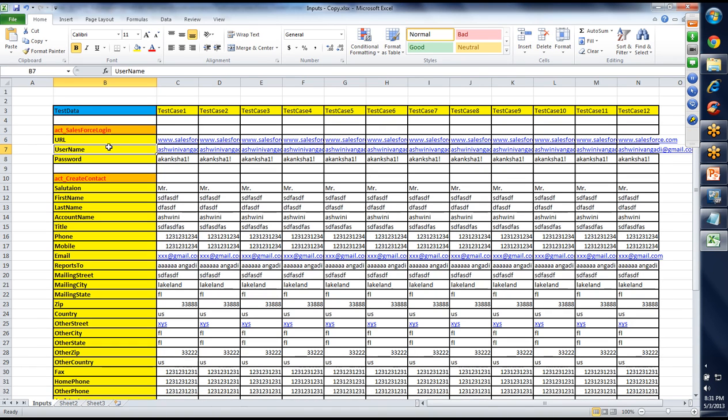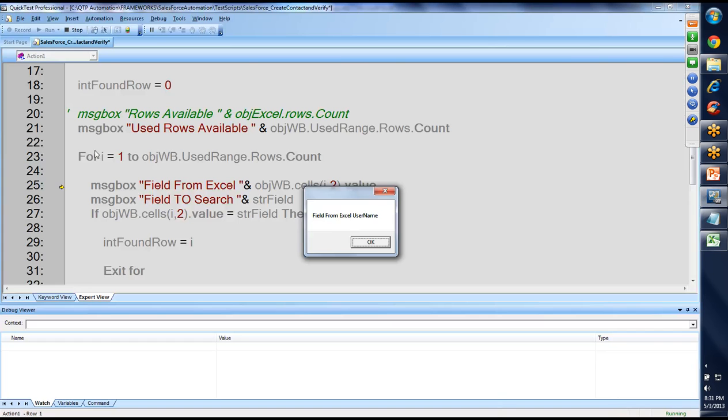So 7 comma 2, what do you have? Username. So is username equal to username? Yes, username equal to username. So int,